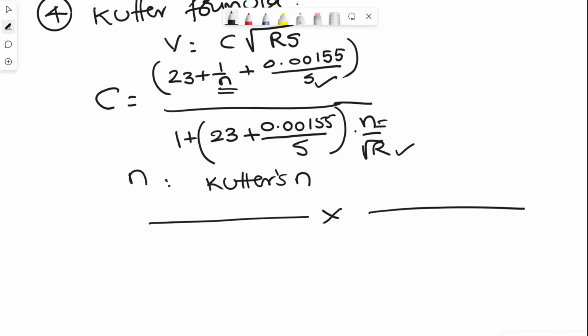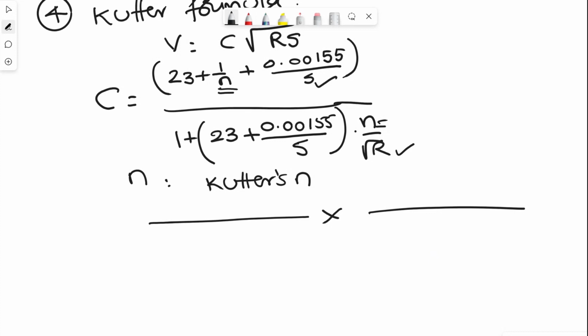So kindly remember that using any of these equations, we can find out the discharge in open channels. Number one is Chezy's equation, V is equal to C root RS. Then Manning's equation, V is equal to 1 by n R to the power of 2 by 3 S to the power of half. Then Bazin's equation, used with Chezy's equation, C is equal to 87 divided by 1 plus m by root R. Lastly Kutter's equation, again with Chezy's equation V is C root RS, where C is equal to 23 plus 1 by n plus 0.00155 divided by S,